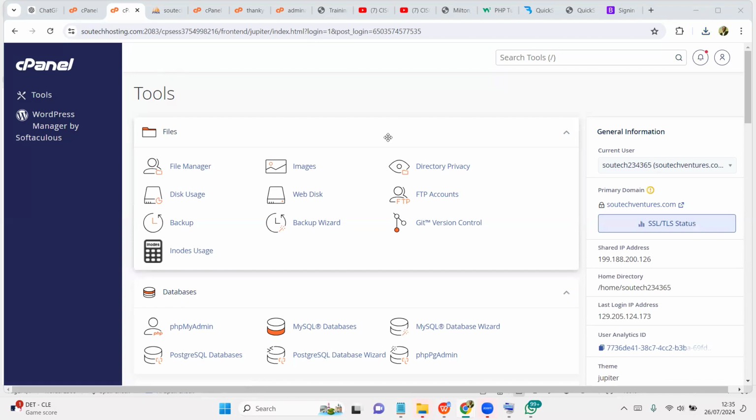So you could use your cPanel and build directly there, or you could build on your local environment. Then when you're done, you can upload. That means you must have XAMPP installed on your system. Okay, so